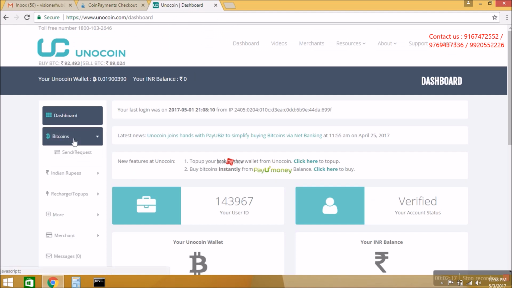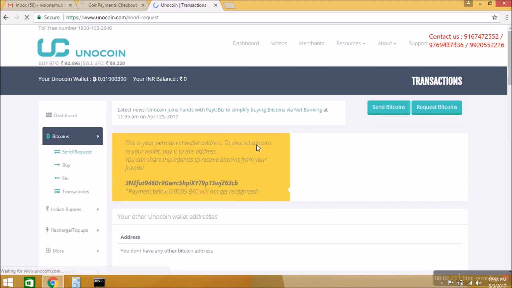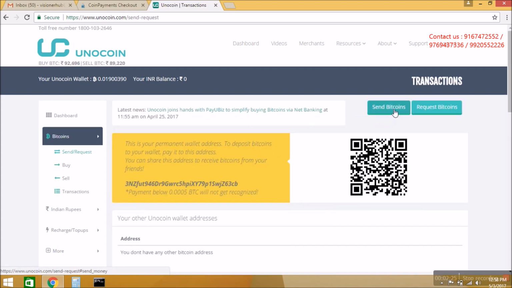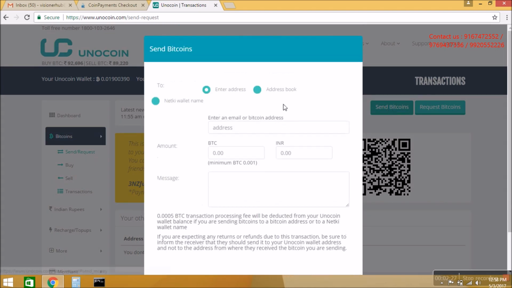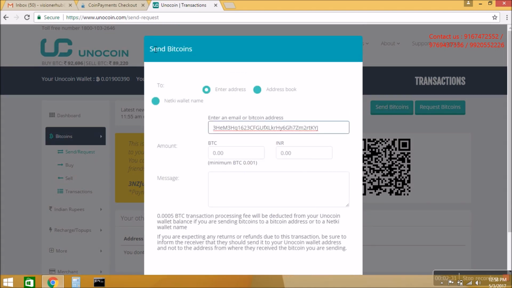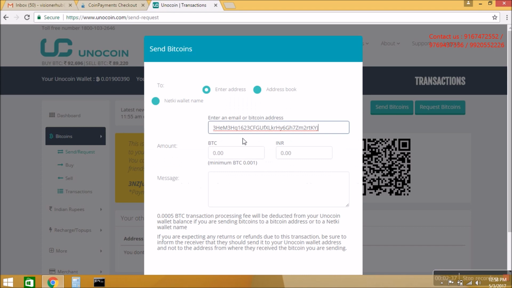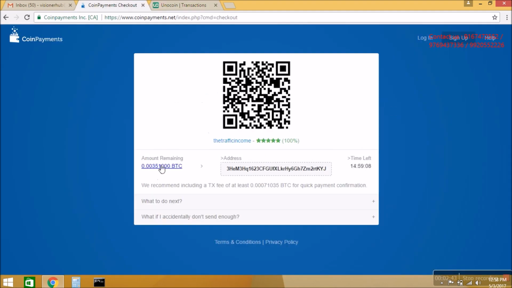So click on another tab, send request over here, then here send Bitcoin, enter address, then you have to see how much BTC is there, 0.00351000.